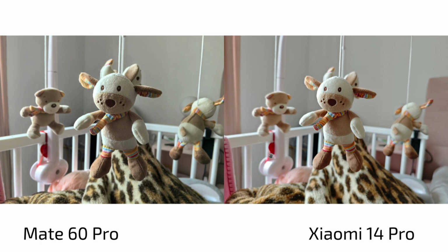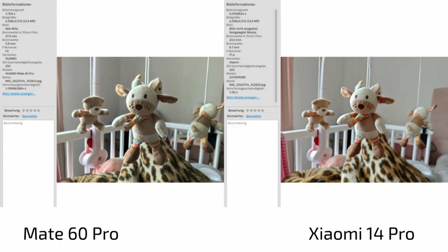On the other hand, the Mate 60 Pro has way better fake bokeh, generating bokeh and background blur than the Xiaomi 14 for that matter. Now their main camera shots without any portrait mode or something like this, just to see how they are doing for portraits here. 27 millimeters is usually a bit better for portraits because it's closer to the 35 that you usually do, where we say perfect portrait lens. And the 23 has a bit other distortion, so it's not so ideal for